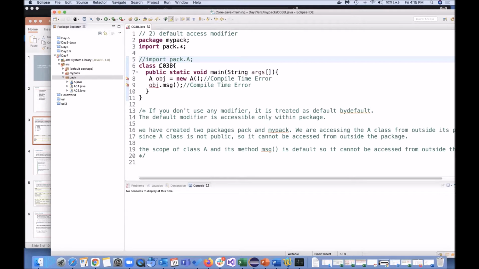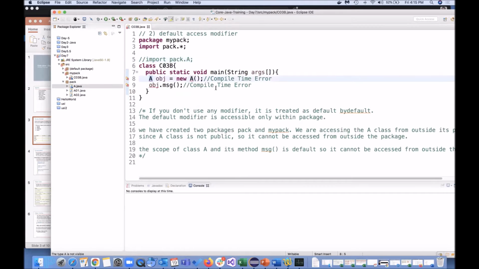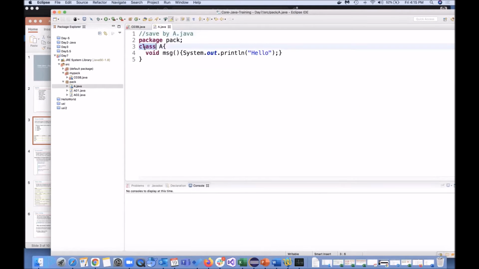Okay, now see here. We are inside one package, that is my pack, and we are trying to access the class which is inside another package. And when I'm trying to create an object, it is giving me a compile time error. Why? Because inside A, if you open, we have not defined anything.